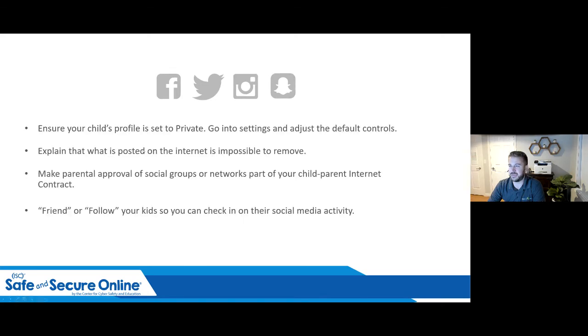So a couple things in here. We talked about this with the kids today: if they have some type of social media presence, make sure that it's set to private and not to public. This is probably one of the most simple things that you can do to make sure that there's not somebody stalking a child or trying to get information about their whereabouts or where they go to school or where they play soccer or whatever. Just setting their profiles to private and not public helps alleviate just a ton of these